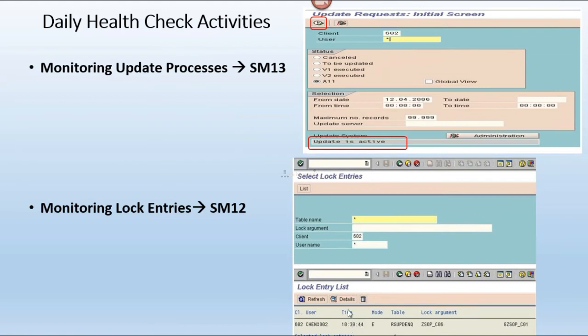If there are any long pending lock entries, long pending meaning more than 24 hours, more than 1 day, 2 days, 3 days, then what do we need to do?